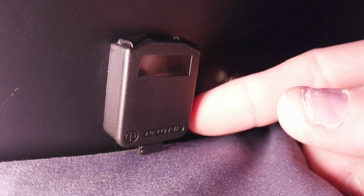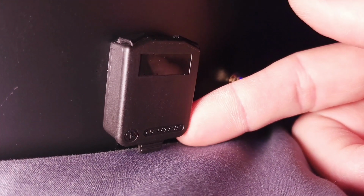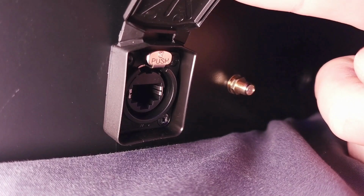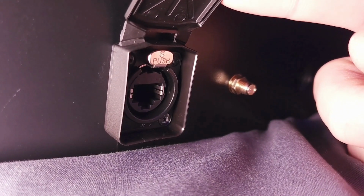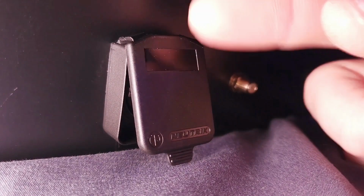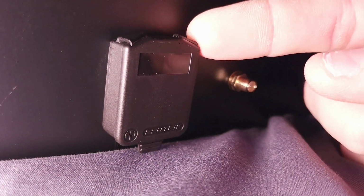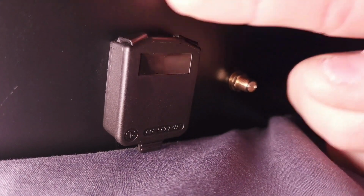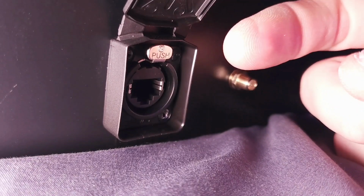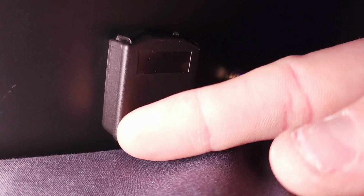But just because, like I said earlier, there is no seals on this, but I do like it, and the little flap on here is pretty responsive. I don't know how many times you can open this flap before the memory on the plastic goes, because they don't have metal hinges. Neutrik didn't install metal hinges on this. These are just plastic hinges that cause it to flap open, but it does look really nice on the back